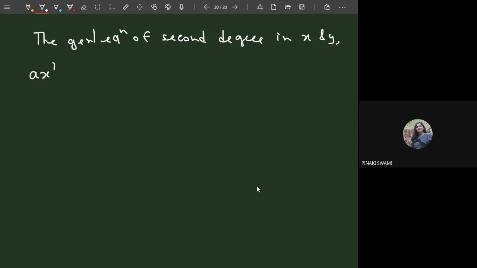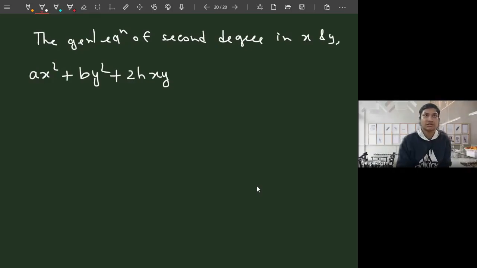Now, if I consider a general equation in second degree, in two variables, x and y, let me write, I can have any number: a x square, the coefficient of x square can be anything here, may not be 1. Suppose coefficient of y square is b. I can have something, maybe twice h xy. I can have the xy term also, product of xy term may be there in general equation of second degree, plus twice gx plus twice fy plus c equal to 0. Is there any other possibility?